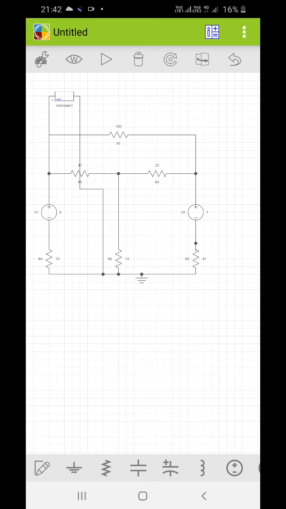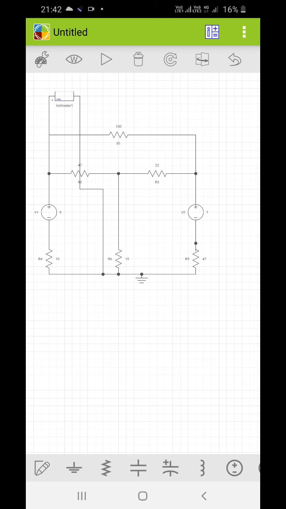First of all, we have used the voltmeter to find out node voltage, which means you can verify your KCL. Because in KCL you know that you can find out the node voltages, you can verify it theoretically. Now if I want to verify the KVL, I will find out the loop current. So in simulation, you can just find out the current flowing through these loops.